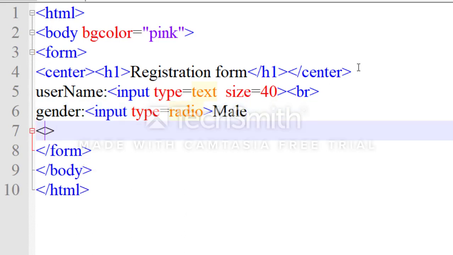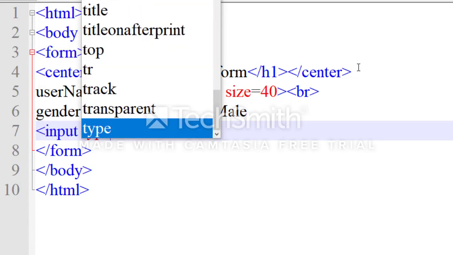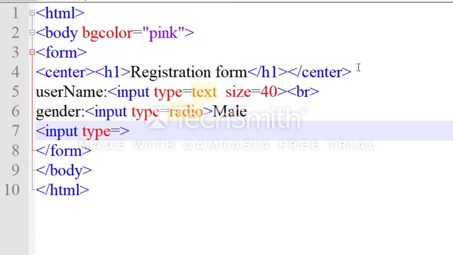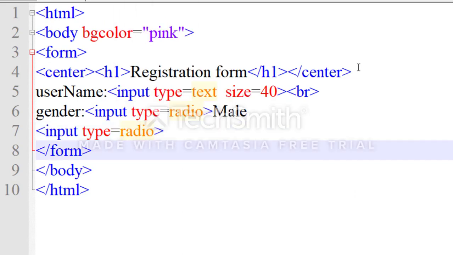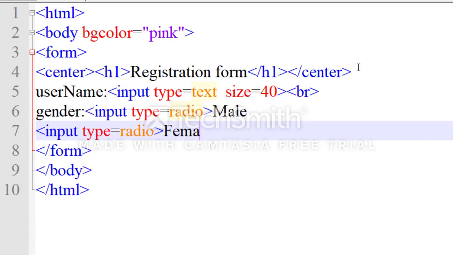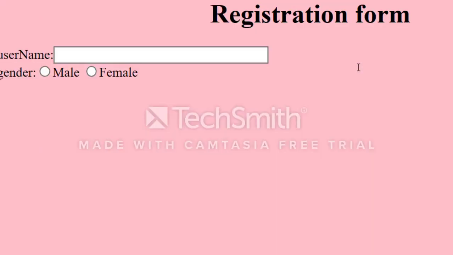Again I want input type equals to radio, and in front of that female. Just save this and now run it. Just refresh it by pressing F5. You can see the gender male and female. Radio button is created here.